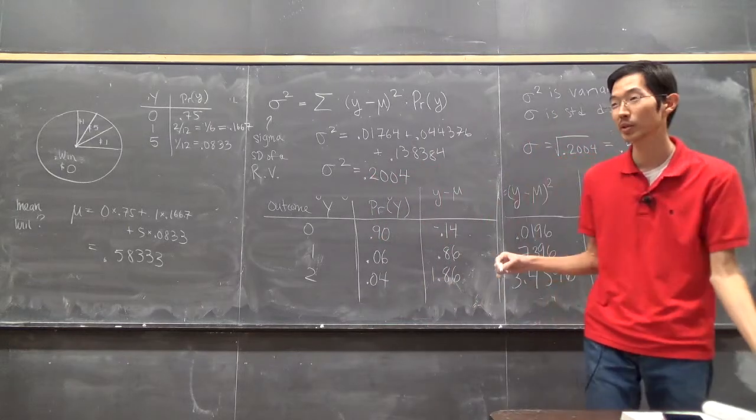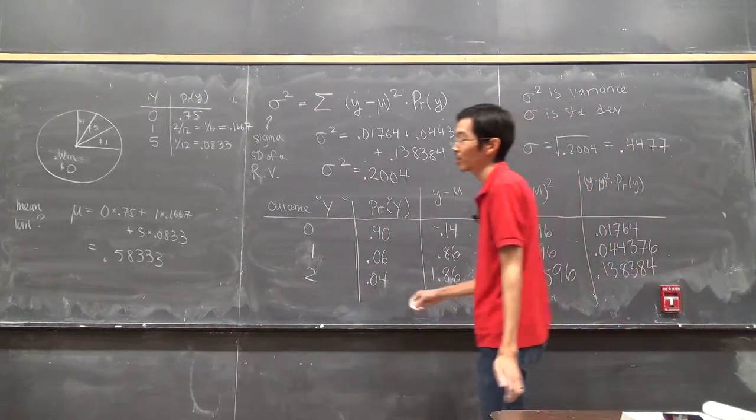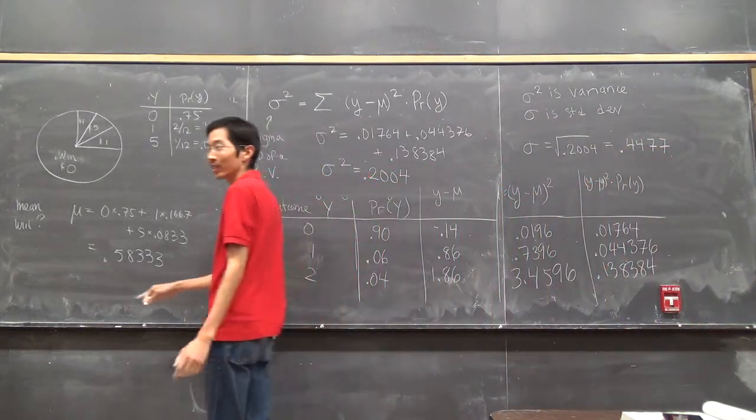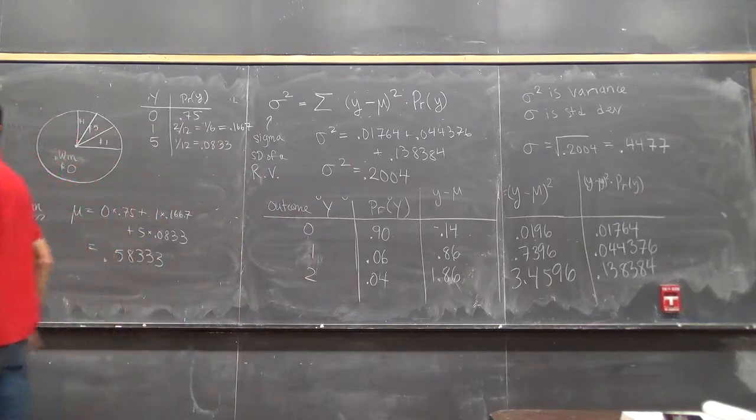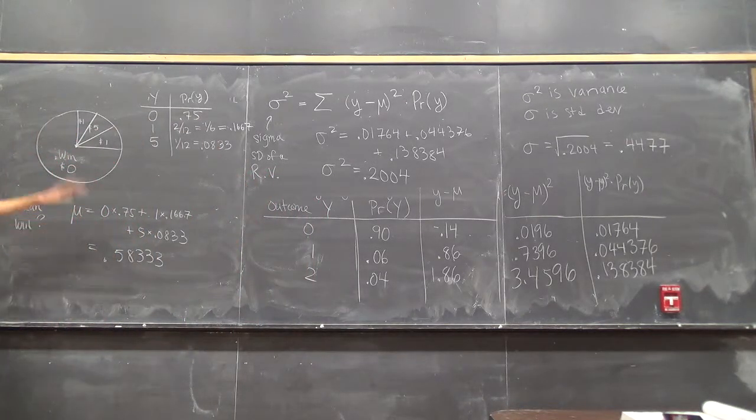Okay, that would be the average amount you win. So if they charge you $1 to play, this is a terrible game to play. Okay, but if they charge you 60 cents per spin of the wheel, you would not lose your money very, very quickly. Okay, you would lose money, but it would be a slow